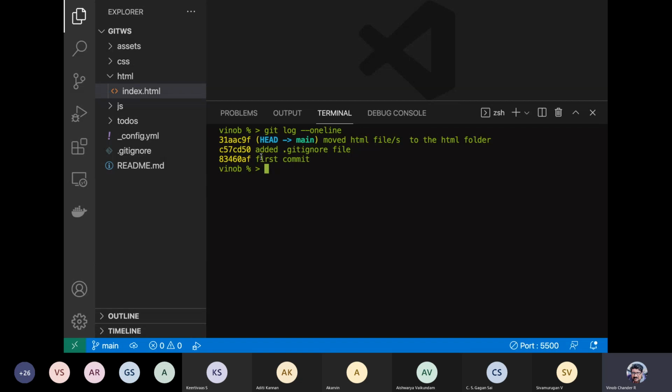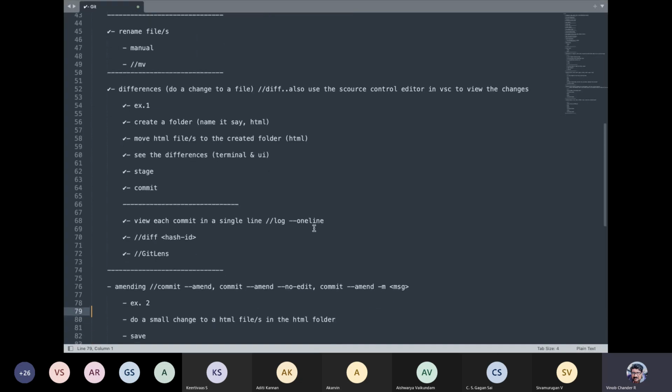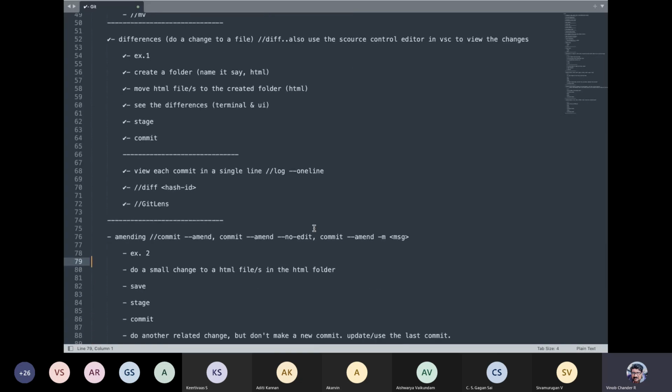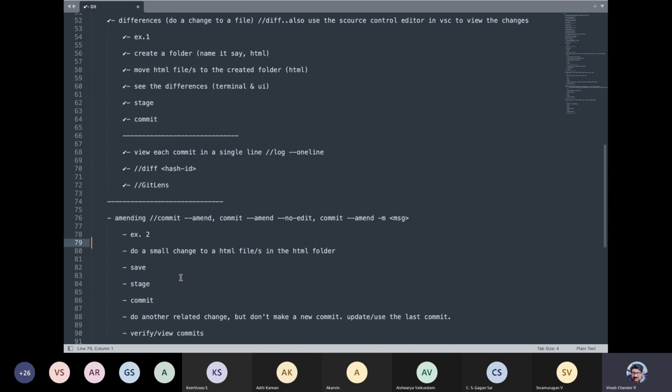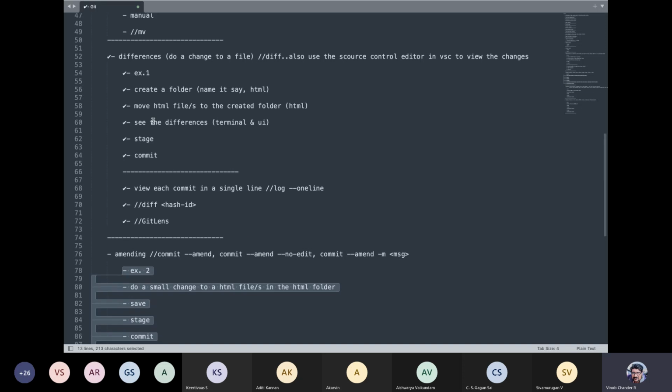We'll talk more about branches and merging by tomorrow morning, and tomorrow afternoon we'll take up GitHub. But let us at least get started with some basics on the amending part first. Exercise 2: if you want, you can try this exercise as I explain what amending actually is. We will do it together as well, just like we did with Git differences.